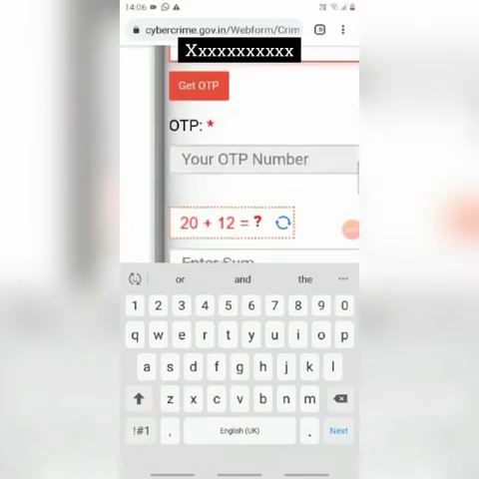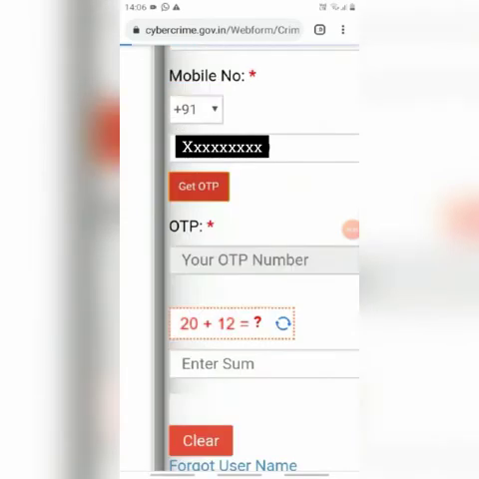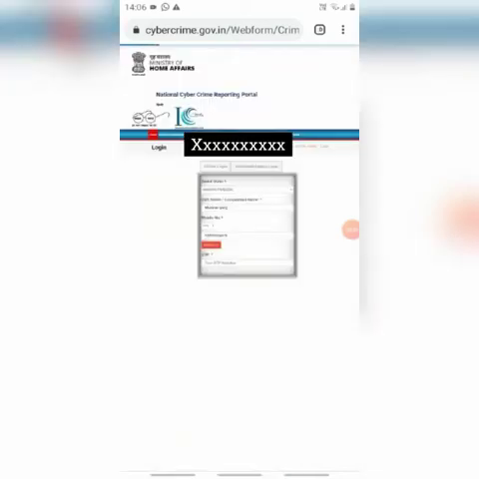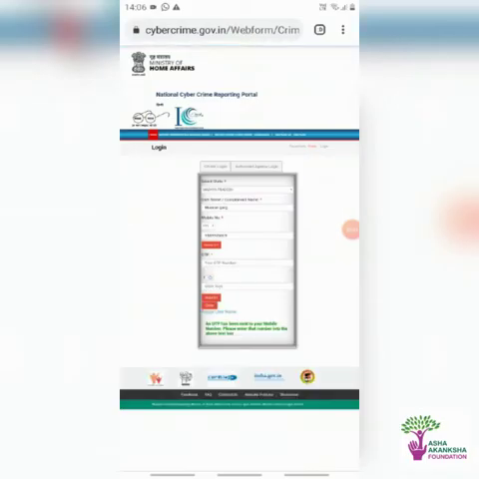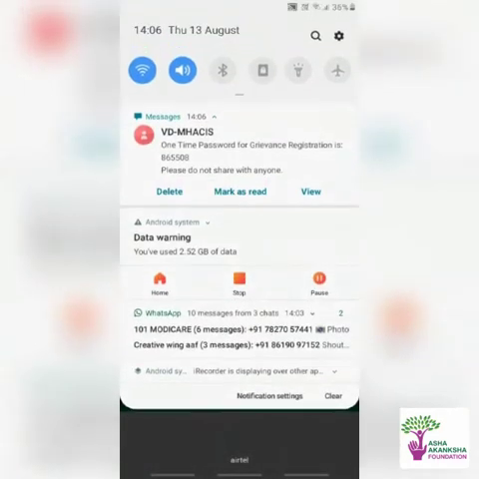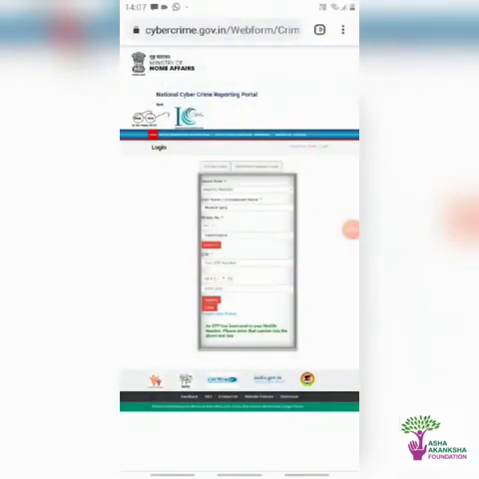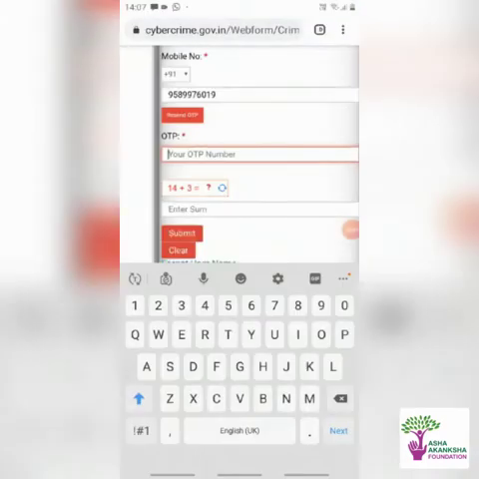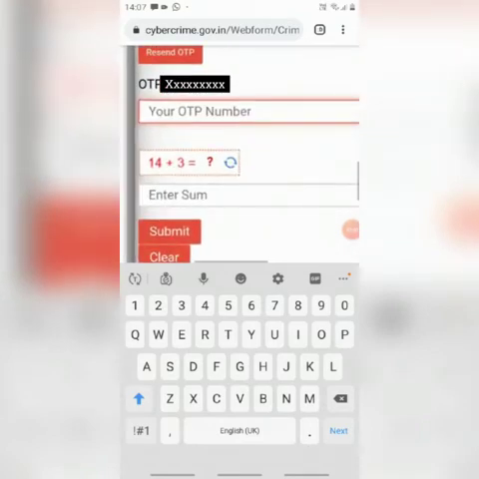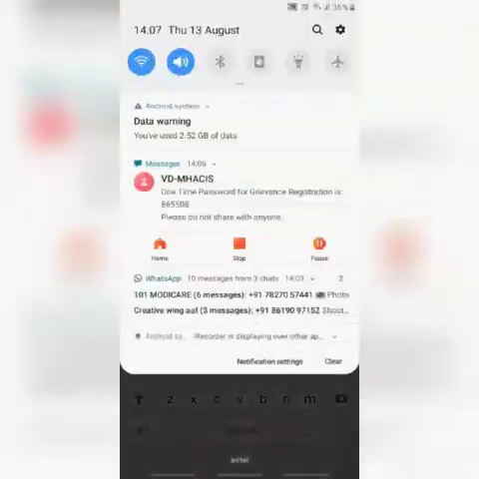Then click on get OTP. Once the OTP is received, then enter the OTP.